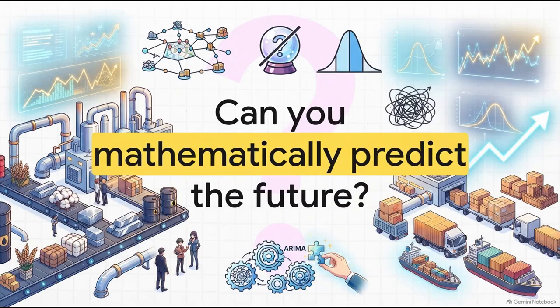Think about running a complex supply chain. You've got raw materials flowing in, finished products shipping out. What if you could mathematically predict the future of that business? Predicting those future values mathematically can literally stop incredibly costly errors from rippling down your entire operation. Look, we aren't talking about crystal balls here. We're talking about structured, statistical modeling that takes historical chaos and turns it into predictable, actionable foresight.